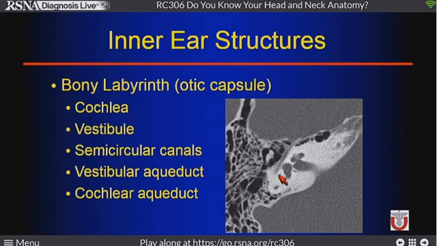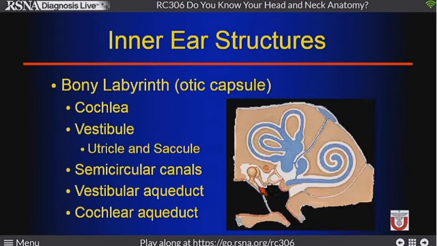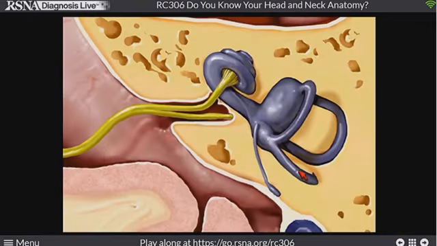If you look closely at pediatric heads, it looks like those inner ear structures are huge and the rest of the head is growing around them. So we have the cochlea, hearing, we have the vestibule and the semicircular canals, our balance, and we have two little aqueducts, the vestibular and cochlear, and we think about these as little channels, potential routes of spread of infection from intracranial disease into these structures. So again, otic capsule, densest bone in the body, and then the membranous labyrinth, the fluid-filled structures that are inside.